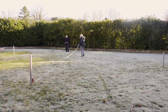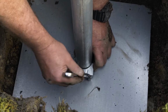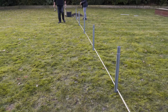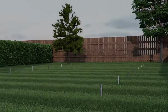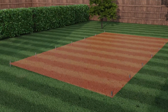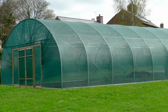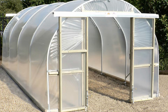In this video, you will learn how to set the foundation tubes for your polytunnel using anchor plates or concrete. Setting the foundation tubes is an essential part of constructing your polytunnel. It's important to remember that all your foundation tubes should be in line, evenly spaced, and consistent in height. Taking your time to set the foundation tubes correctly will ultimately lead to a more robust polytunnel that performs well